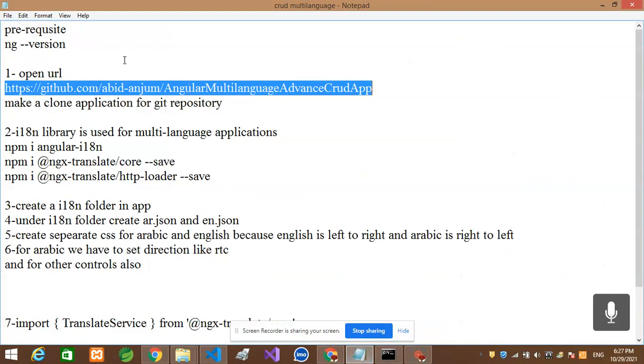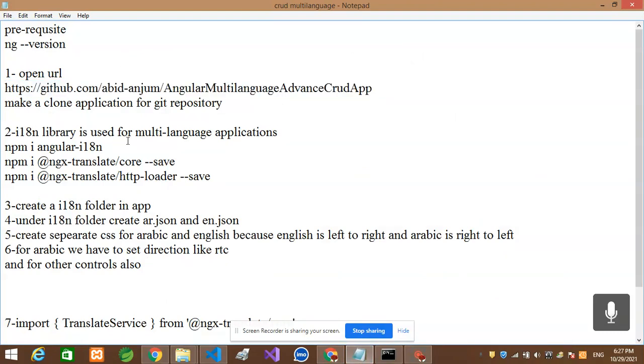Next step is, for writing an Angular application, we have to install the i18n library, which is used for writing multilingual applications. Even this library is used in React and Angular, both, and even other applications and technologies.